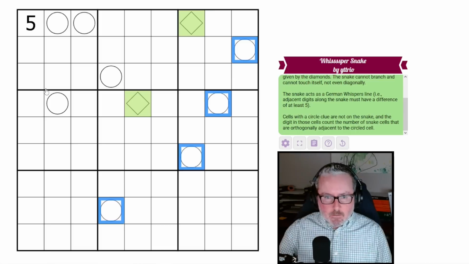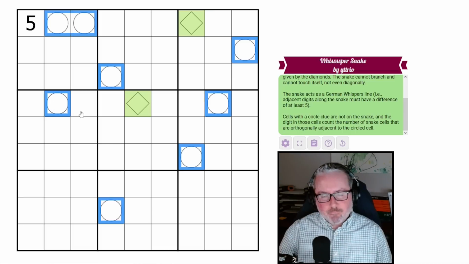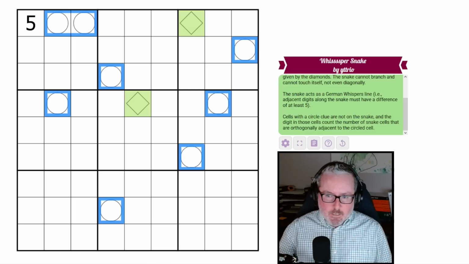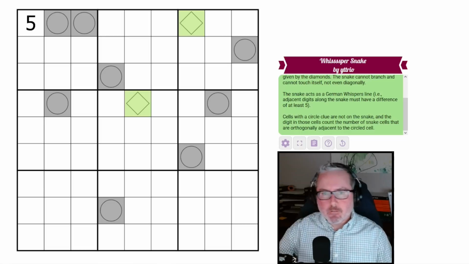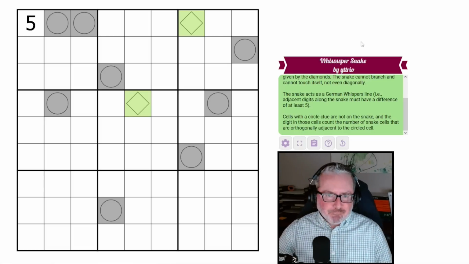What are we going to color our circles? Because they are not snakeified. Do you just want to gray them out? Yeah, I think that's the best way to go about it. Okay, so